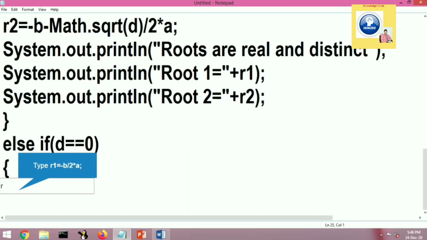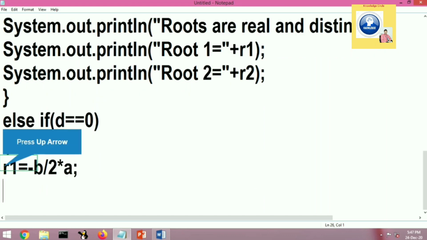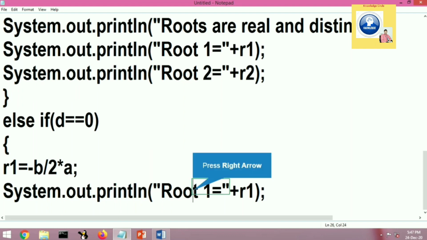What is the meaning of this particular line? It's already mentioned in the question that if B square minus 4AC is equal to 0, it means that roots are equal and they will have the same value. So for that there is a formula given in the question. Let's store it in R1 only, because we have to display only one, since both are equal.